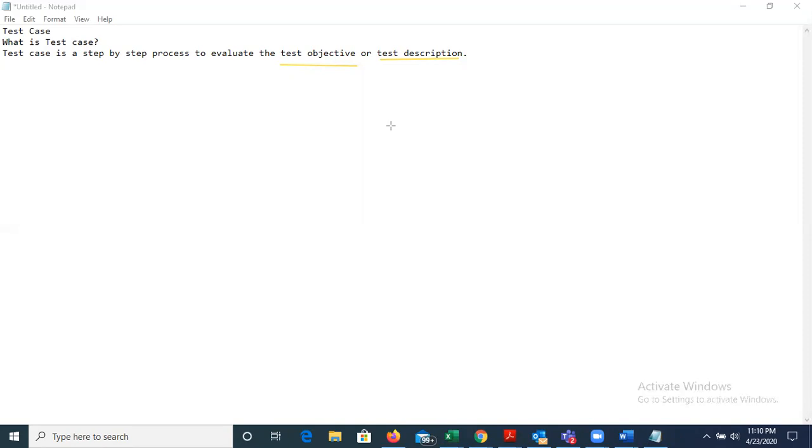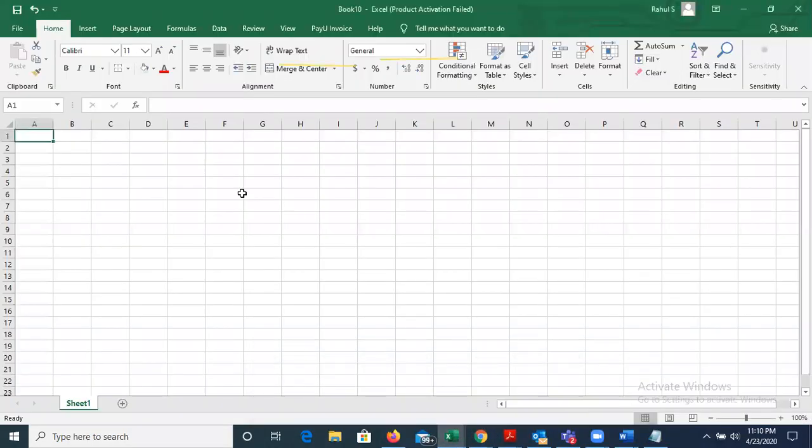So now if I say I have to write a test case, assume that there is an application, a calculator. I want to evaluate whether that calculator is giving me the correct result when we add two numbers, right? So this is my objective, to test a calculator functionality, that is, is it giving me the correct result when I add two numbers. So let's see how we draw the test cases or how we design our test cases.